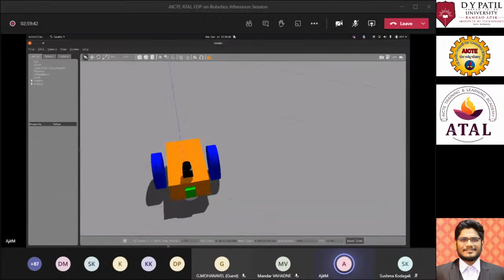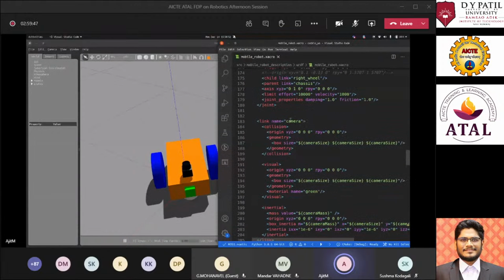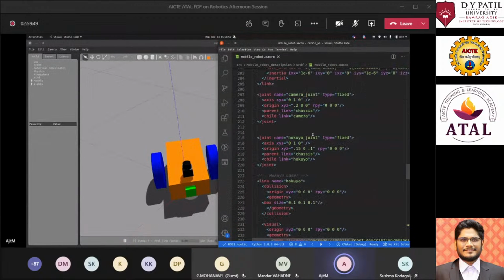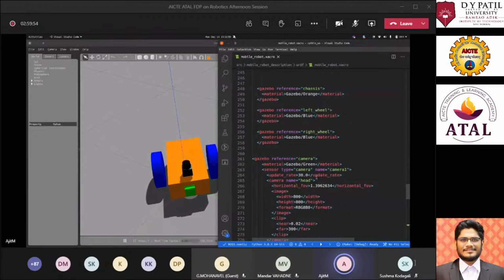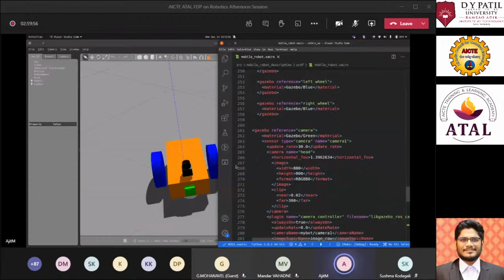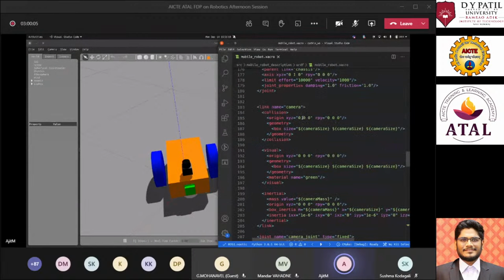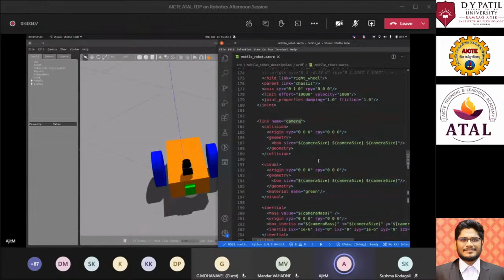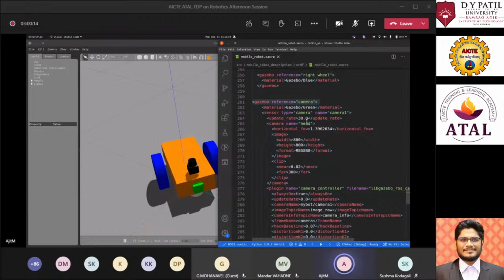Here I have created a link named camera, and if we go down to the camera Gazebo tag, which we talked about earlier, while adding a sensor to Gazebo you have to mention the reference name of that sensor. That specific reference name of that link is camera. And if we go down, I have mentioned the reference as camera and the sensor type.